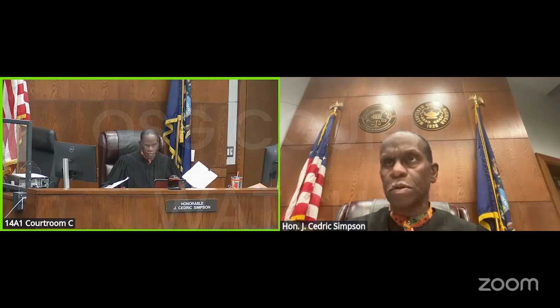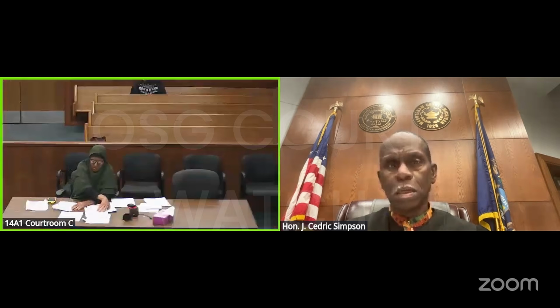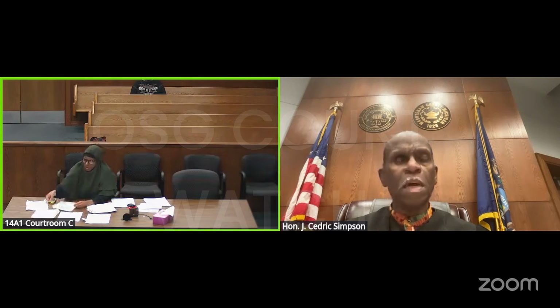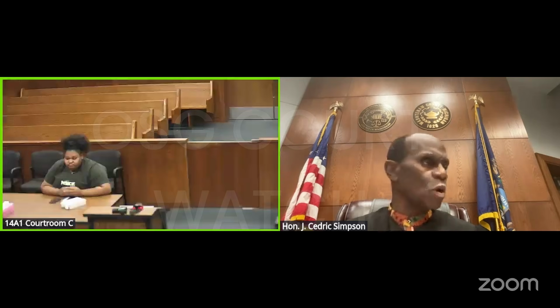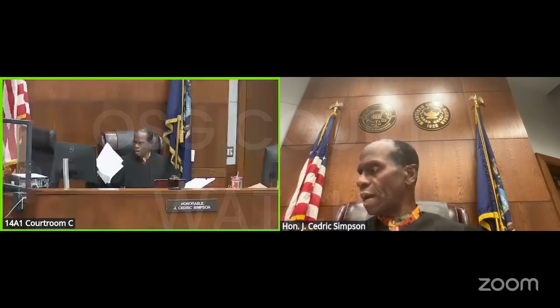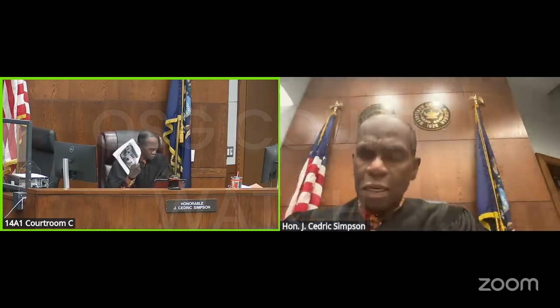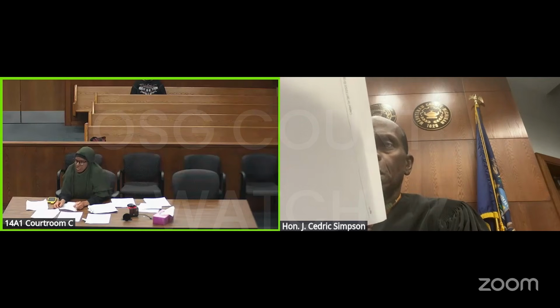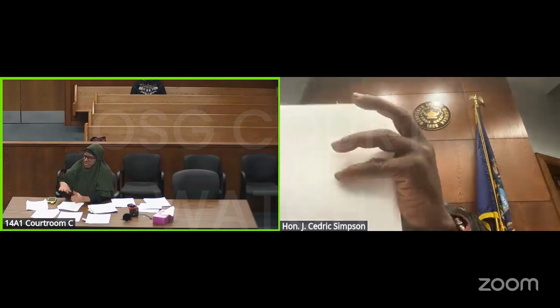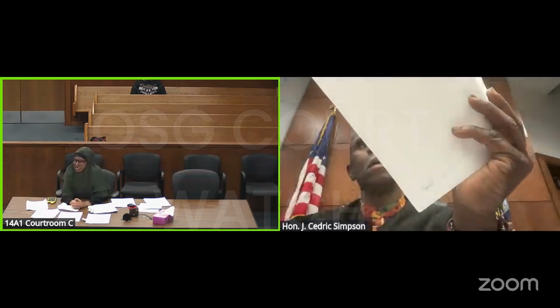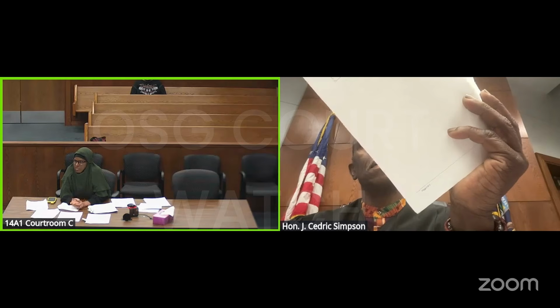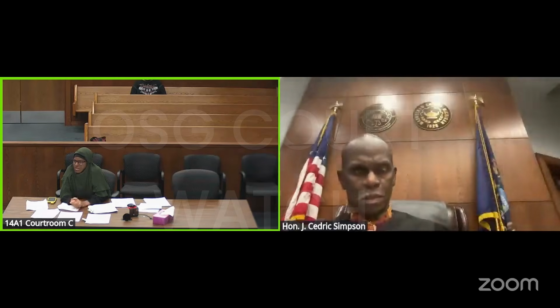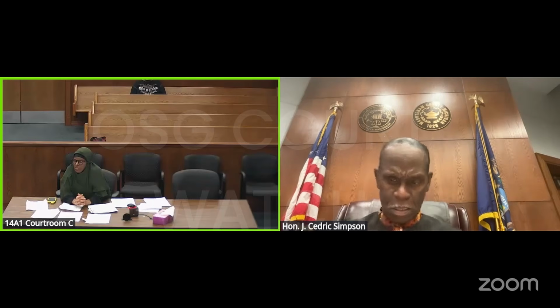How many sets of paperwork did you send in with numbers on them? I sent each exhibit, like exhibit 1 and then exhibit 2 is the. Ma'am, I have 2 things marked as exhibit 1 from you. Well, and then 1A. The document you've given me has 9 on it. That's exhibit 9, the pictures of the damages. Exhibit 2 is the police report. It says the officer saw the kid running in and out of the screen, in the police report. That screen was broken from kids running in and out. You can see before and after, the screen doesn't look like that.